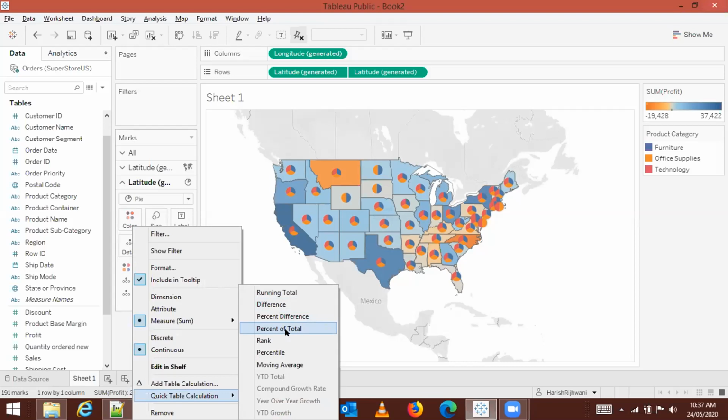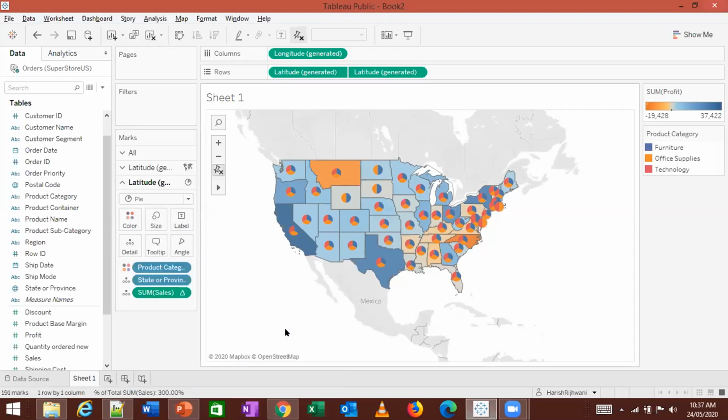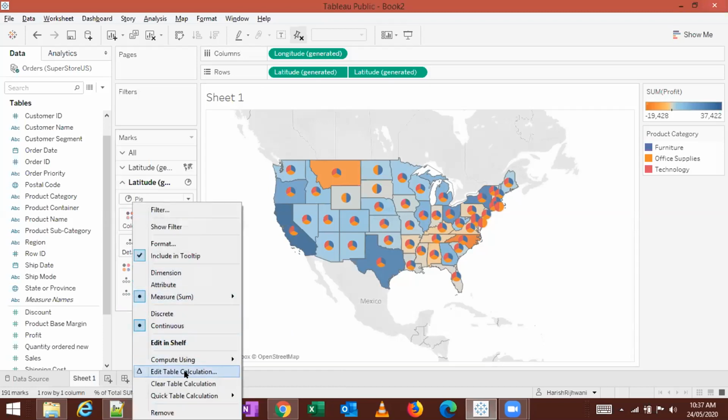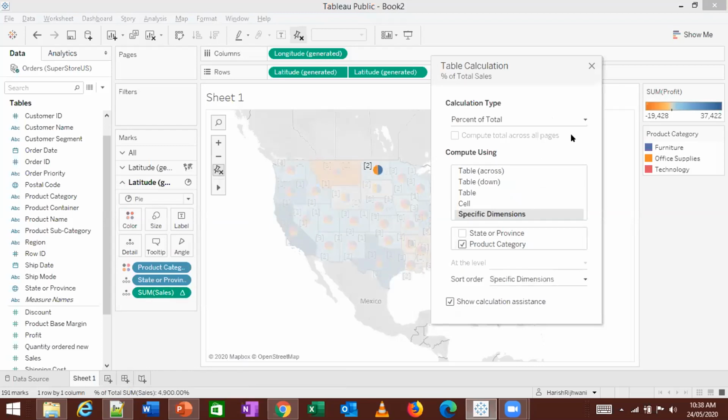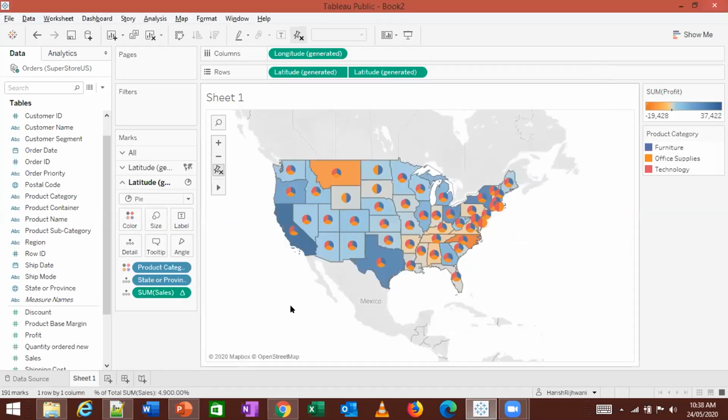So it is important what fields you are choosing when I edit the table calculation. That makes sense. If I try this one, I get that value. I'm getting 37%, 28%, and 34%.